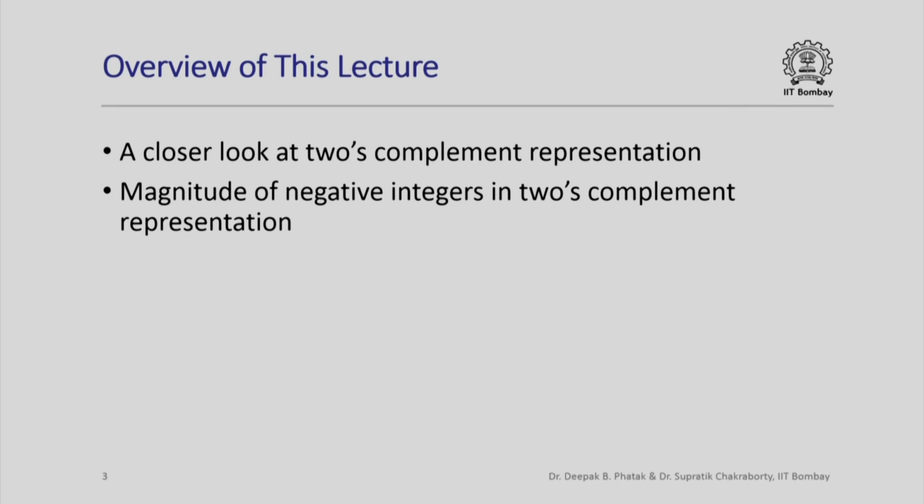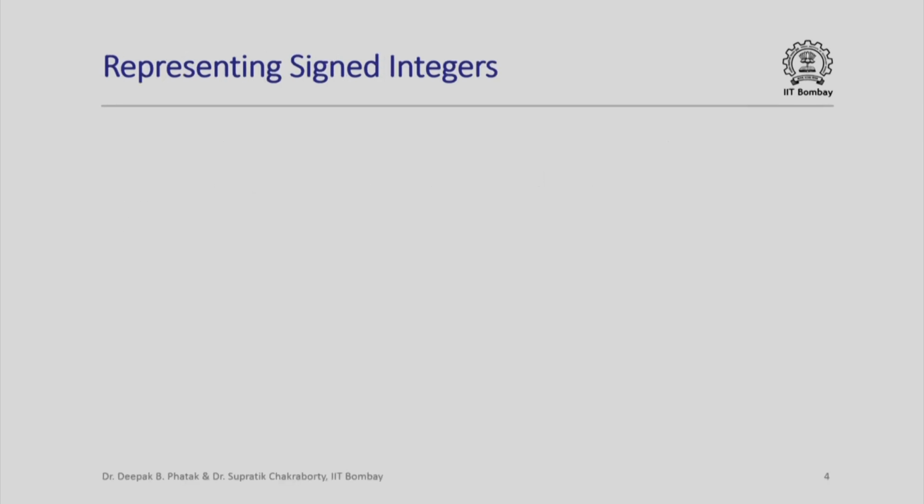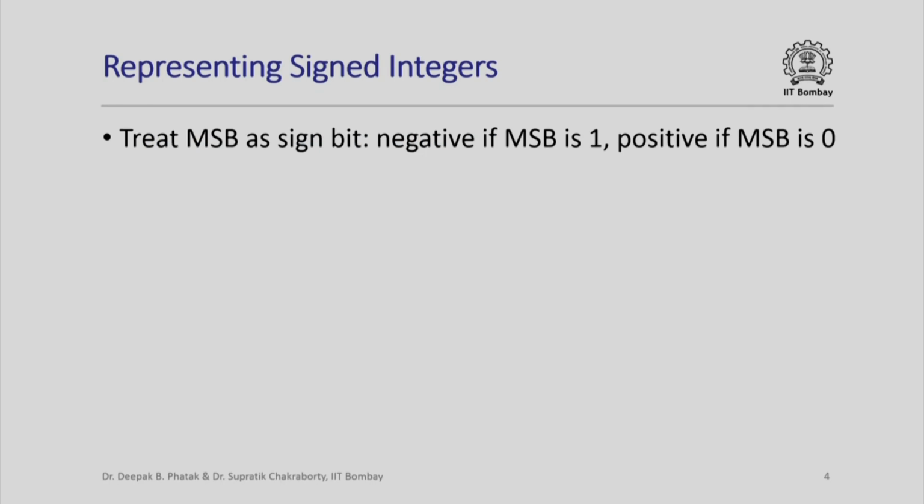We are going to look at it a bit more closely today, and we are also going to see how the magnitude of negative integers represented in 2's complement representation can be computed. So now for signed integers we have already seen that we could treat the most significant bit as the sign bit, and if the most significant bit is 1, then we could treat the integer as a negative integer, and if the MSB is 0 we could treat it as a positive integer. This representation is also called the sign magnitude representation for obvious reasons,